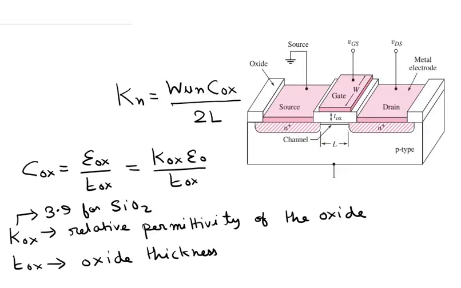Okay, and considering this MOSFET figure over here, let me again point these things out. L is basically the length of the channel, that is the approximate difference between the source and the drain. So this length is basically L. This we have discussed last day. And W is the width of the channel. So this distance is basically W. This is the width of the channel basically. And Tox, as it is shown here, this is the oxide thickness. So Tox is basically the thickness of the oxide. So this is our oxide layer basically.